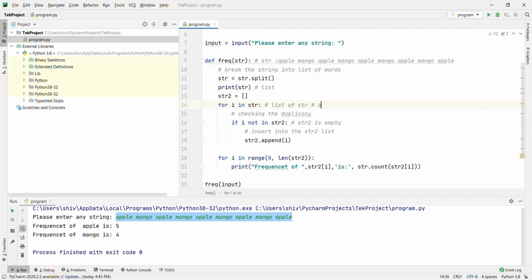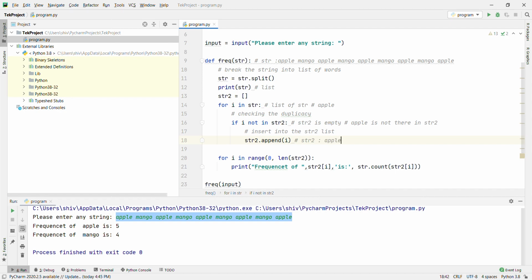Apple will come first. Then I is apple, not in str2. str2 is empty, so this condition will be satisfied. I means apple is not there in str2. Then the apple will be added in str2.